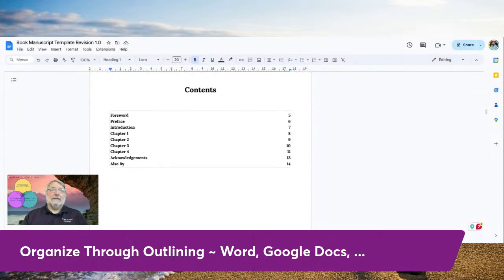And if you do this, if you work from a Word document, or this is a Google Docs version, the more consistent you are with using headings and subheadings, the easier it is to submit your document for printing, for publishing to IngramSpark or Amazon. So the other thing is I also use